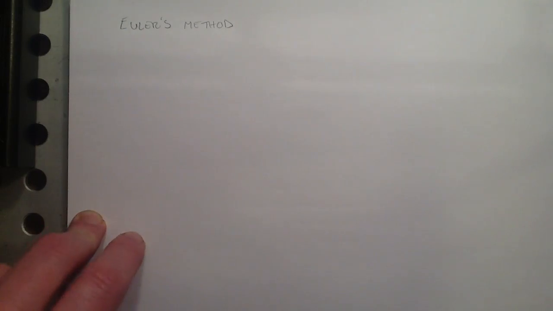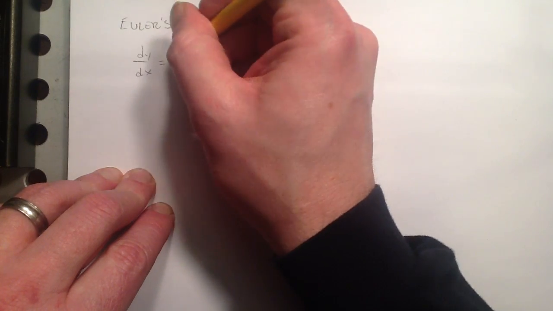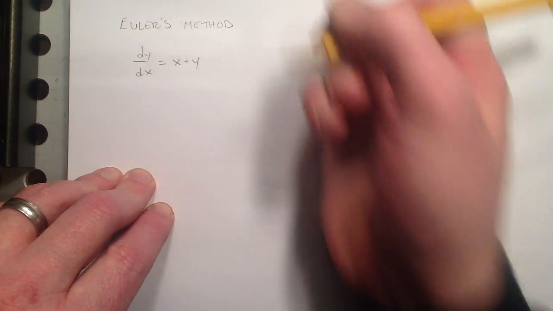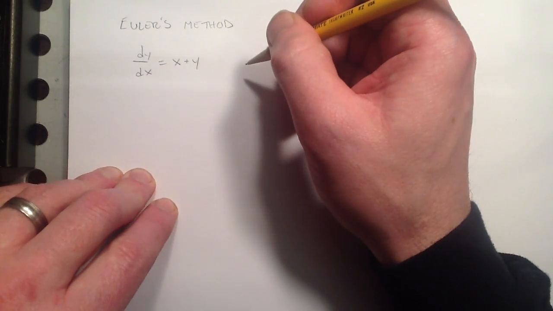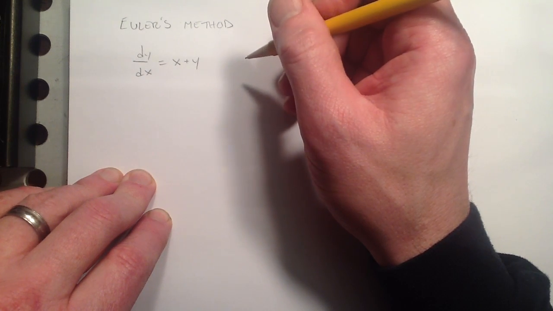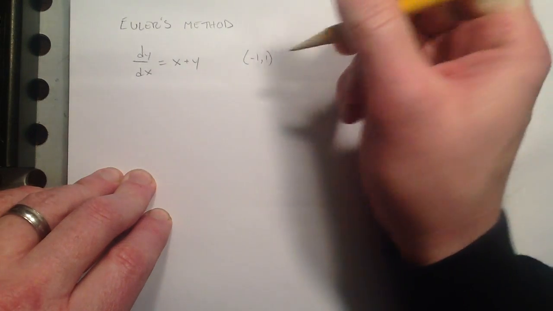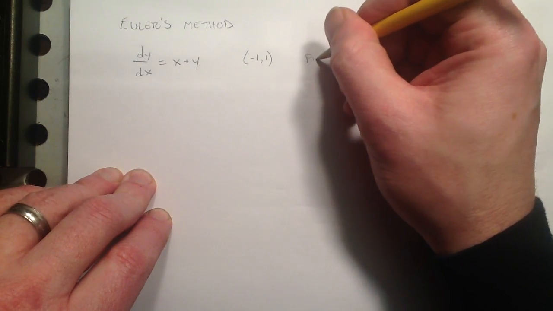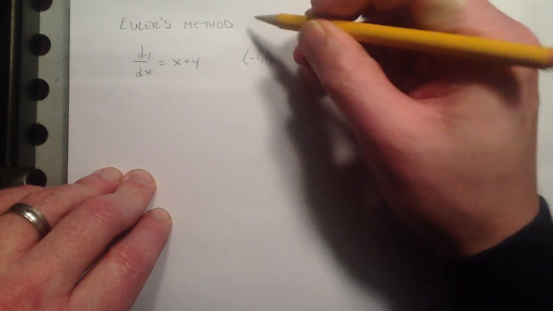This is a method for finding approximations. So if we started, for example, if we had dy/dx equal to x plus y, which we did in the last one, and let's say we know that we have a curve that goes through the point (-1, 1), and then we want to find an approximation using Euler's method